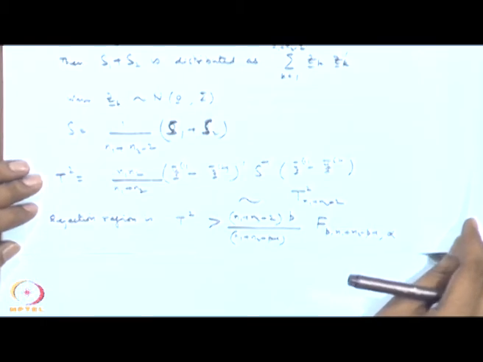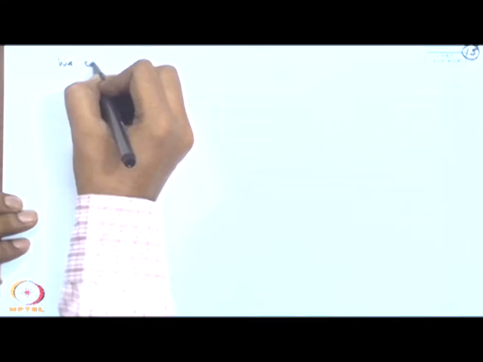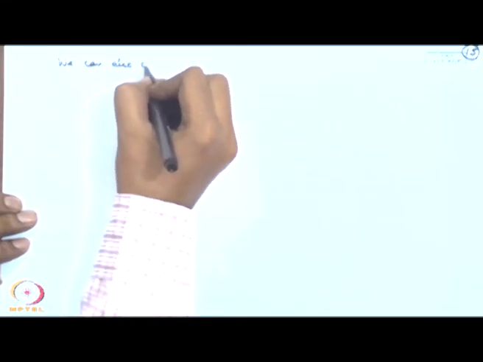So, this is the level of significance, alpha, for this. We can make use of this for constructing the confidence region also for mu 1 minus mu 2. We can also construct